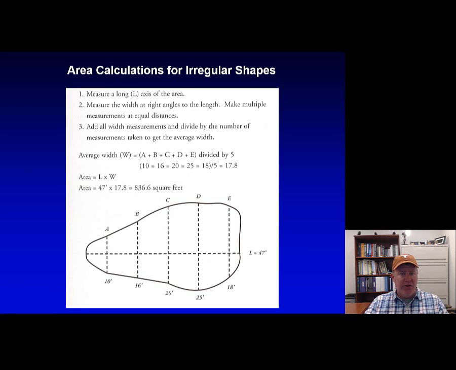But the area calculations for irregular shapes. What we're going to do is measure a long axis of the area. As we can see here, we've got a distance or length of 47 feet. Then we're going to measure the width at right angles to the length. So we draw this line through it and say, let's say this is a putting green. We draw it directly down the middle, we'll come up 47 feet, and then at right angles, we are going to